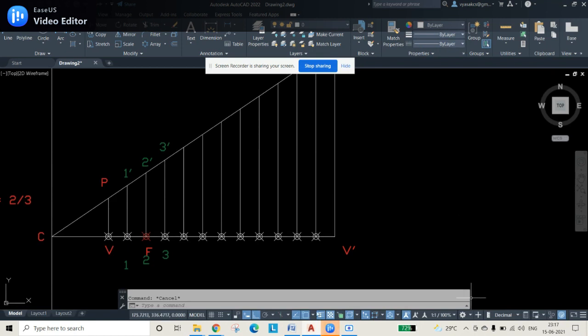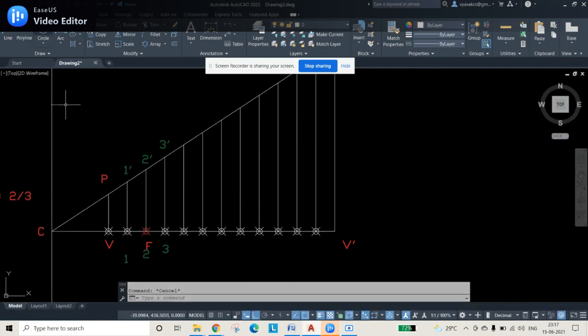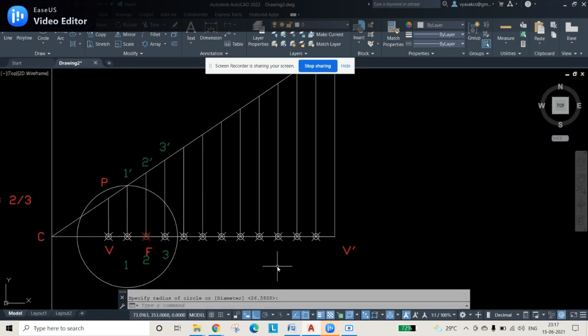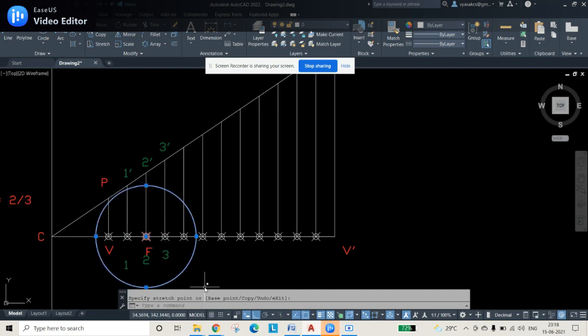So select circle, and from 1 dash, draw a circle, and select this circle and change the center of the circle from 1 to the focus point. Then you can see that the 1 dash line is being cut at a point. So use the point option, and at this intersection select the point. Now delete this unnecessary circle.